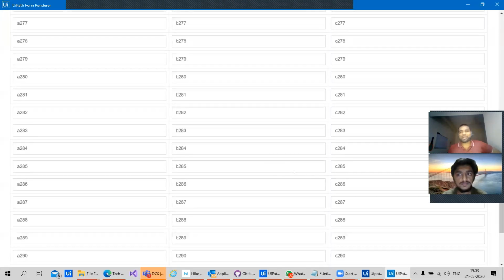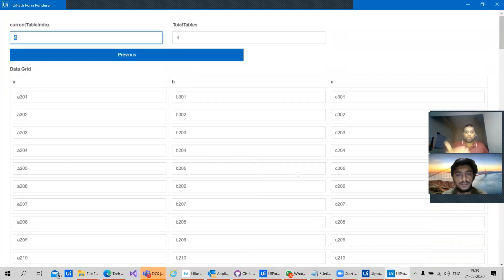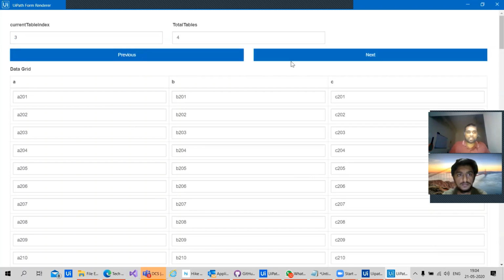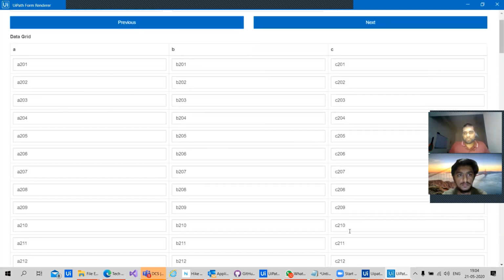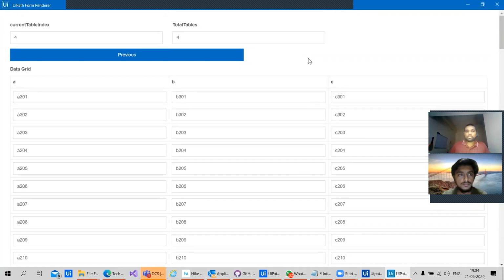So here is the bug. The bug which we found is in the view when it is updated while already linked to a data table. Let's say that when we are in the third table, it is from 201 to 300. But when we hit next, since we have only two more rows, it's updating the first and second row, but it's not updating the remaining rows. So the view is not updated, and all the rows are not updated.